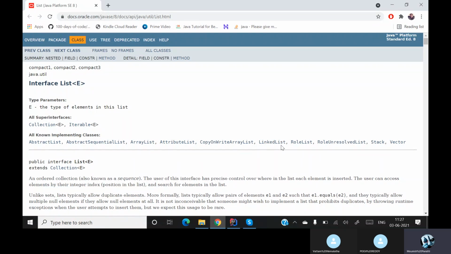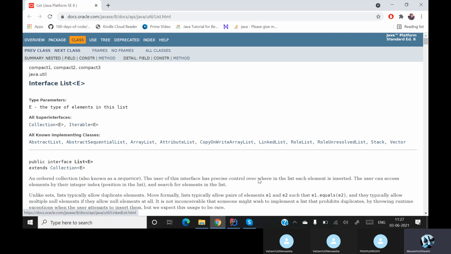So basically our list interface is implementing these two classes. It is a part of collections and also it is a part of iterable. So what is iterable, what is an iterator, we'll see in a minute or two. But for now, our list interface is basically implementing the array list as well as our linked list.